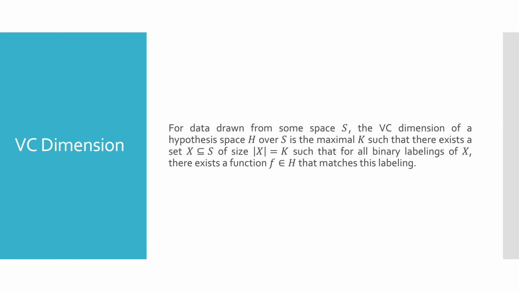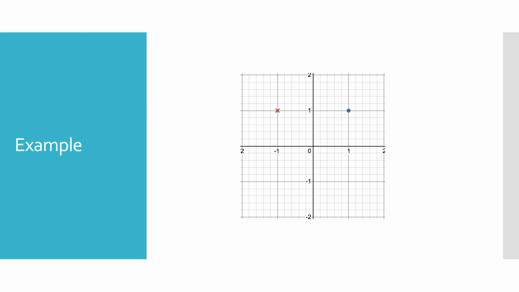If we have the 2 points in this graph, we can label them any way we want. We can say both points are -1, only the red point is -1, only the blue point is -1, or both points are +1. Let's assume we're using a linear classifier. Could we get 100% accuracy on this data in all 4 configurations? The answer is yes. Instead of thinking about the configurations, you can think about drawing lines that shatter the data into these possible subsets. Let's do it.